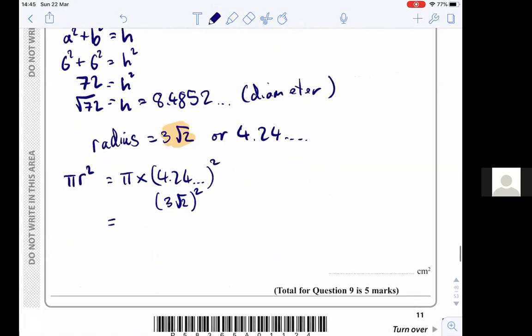And this gives me, where are we? So pi times brackets 3 root 2 squared on my calculator is 18 pi. That's a nice number. I need to divide this by 2, remember, because this is the full circle. And you can hopefully see that that's 9 pi if you just divide that by 2. So the total area is going to be 9 pi,